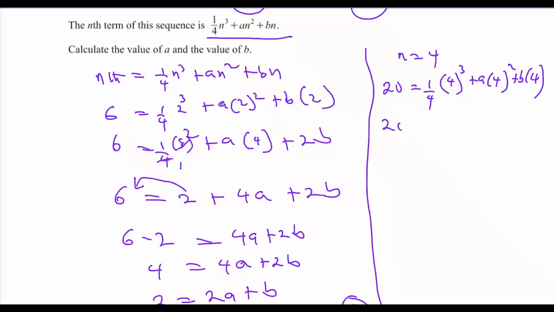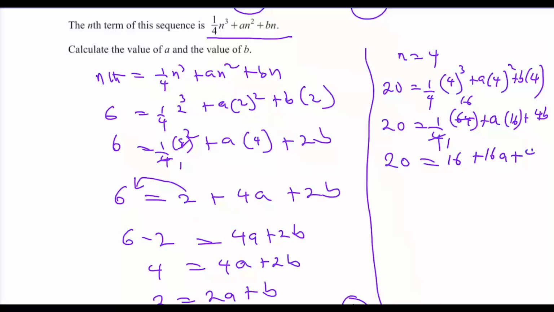So we have 20 equals 1 out of 4 into 64 plus a into 16, then plus 4b. 20 equals, 4 goes in 64 16 times. So we have 16 here, then plus